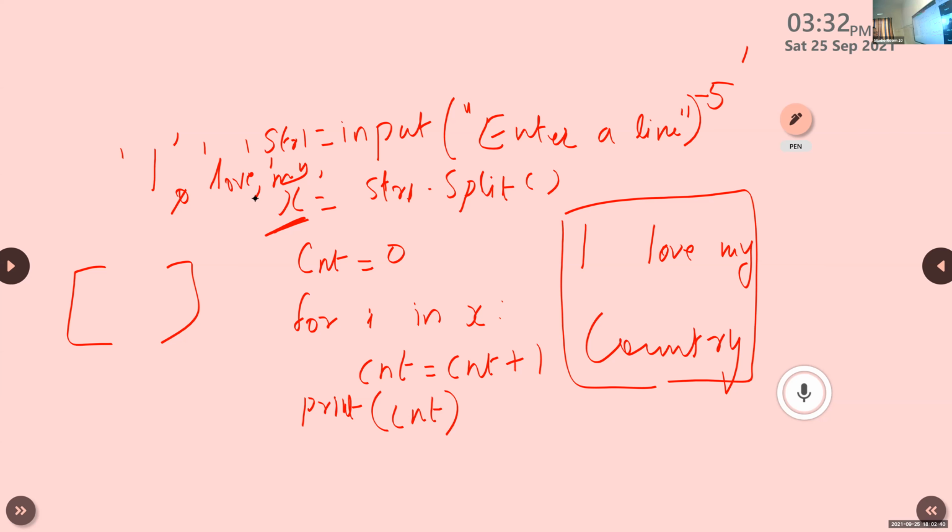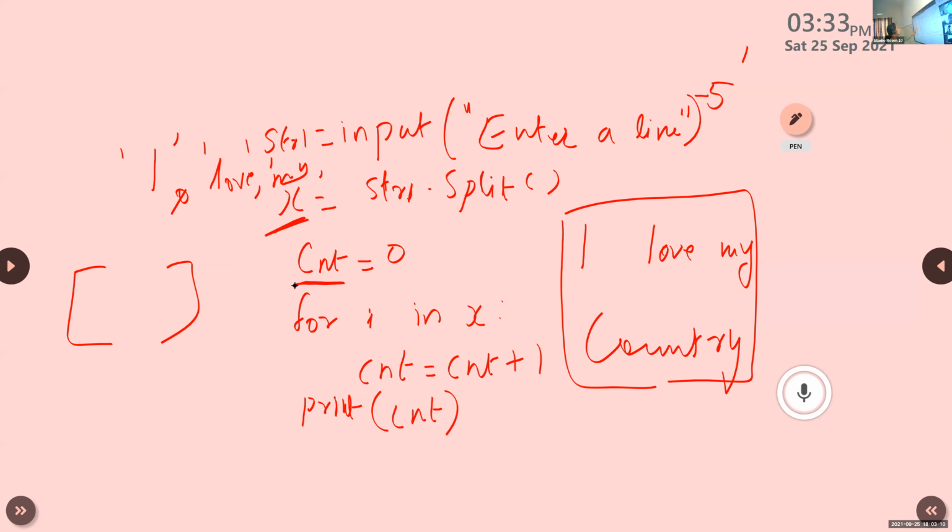Okay. After that, I want to count the number of words. After counting, I want to store the count in one variable. For that, I am using CNT. Here, the statement is for initializing this variable with 0 value. Otherwise, some previous value may be present in CNT, and it will add to that previous value.